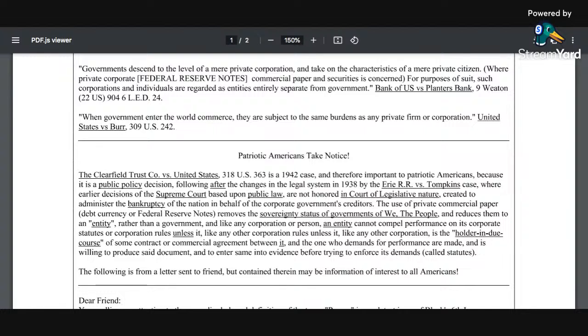Now again, let me read this as is. The use of private commercial paper, debt currency, or Federal Reserve notes removes the sovereignty status of governments and reduces said governments to an entity rather than a government. So it's no longer a government, but an entity that you can hold and beat up the way you want, or carry into court and sue. Now, rather than a government, and like any corporation or person, an entity cannot compel performance on its corporate statutes or its corporation rules unless it is the holder in due course, excuse me, of some contract or commercial agreement